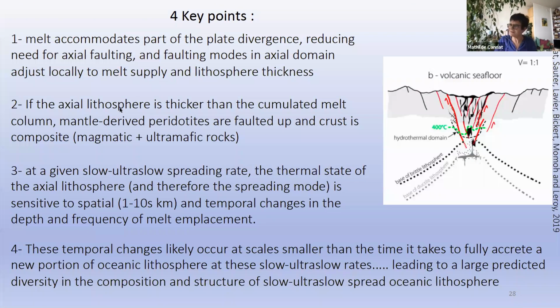And with that, I will leave you with 4 key points that I wanted to make. The first 3 I've made during the talk. The last one I will do as a conclusion. So the first one is that melt accommodates part of the plate divergence. That's for sure reducing the need for actual faulting, and faulting modes in the axial domain adjust locally to melt supply and lithosphere thickness. And the second is that if the axial lithosphere is thicker than the cumulated melt column,